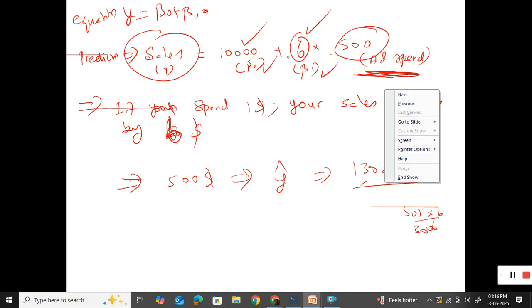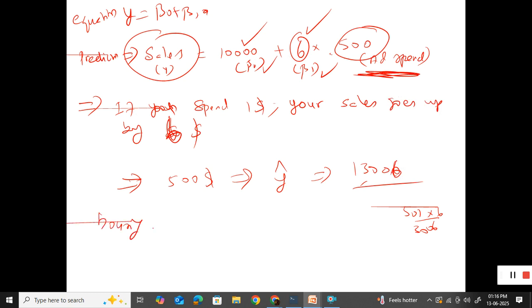So instead of sales, we will take the housing price example, the same housing price example. You want to predict the housing price, and your beta naught is, let's take the same value, 10,000, and the beta 1 is going to be 6, and the square feet is 1000 square feet. So 1000 into 6, how much? 6000 plus 10,000, 16,000. Got it?